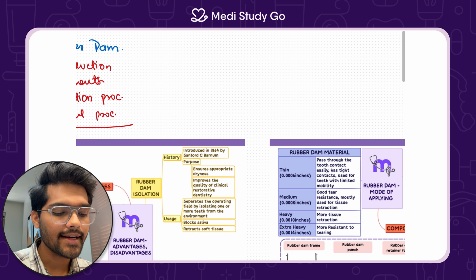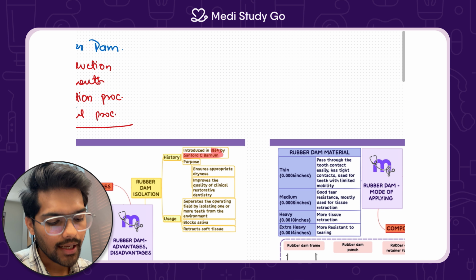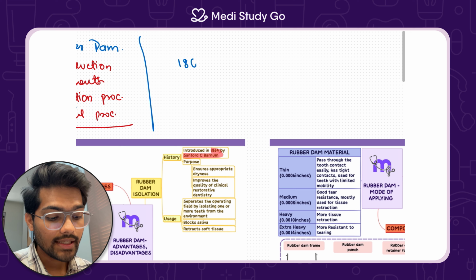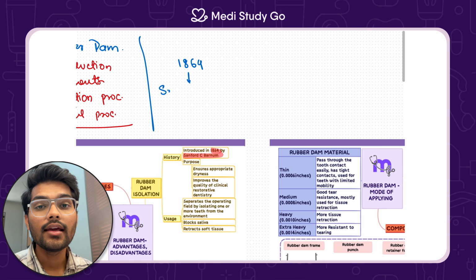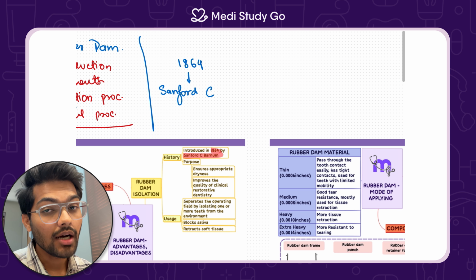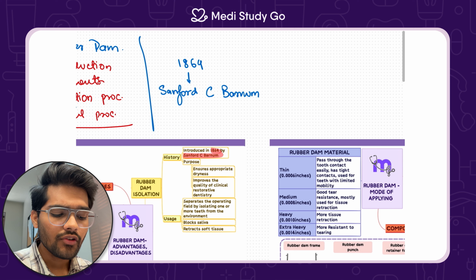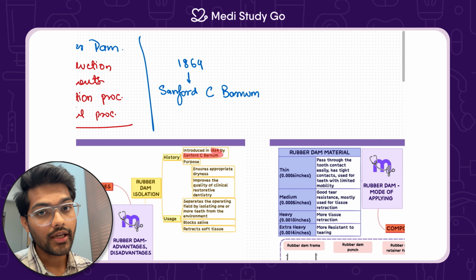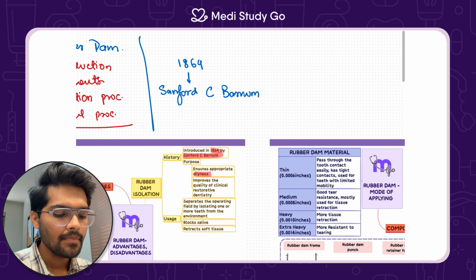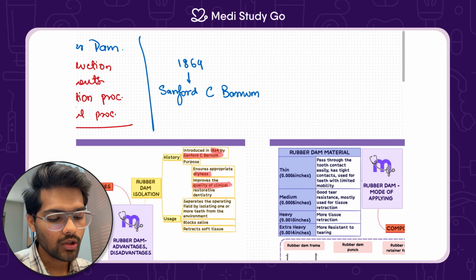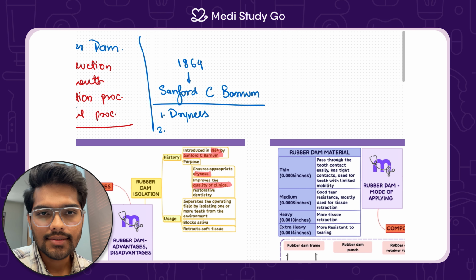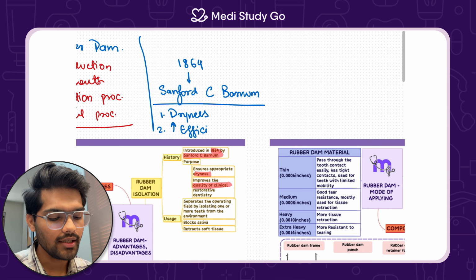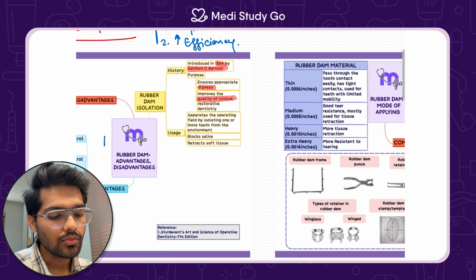The first point which you can write is the history of rubber dam. It was first introduced in 1864 by Dr. Stanford C. Barnum. The purpose of rubber dam is basically to ensure dryness. It also improves the quality of clinical restorative dentistry. It basically enhances the efficiency of the operator. So moving on ahead,